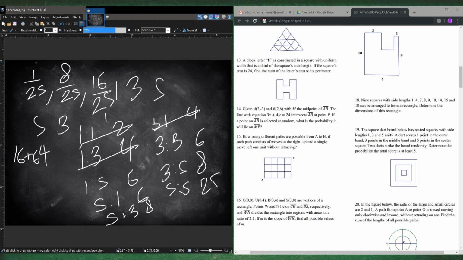3 and 5, which is 8 times 1, which is 8. 5 and 1, so that's another 16. 5 and 3, which is another 8. And 5 and 5, which is just 1. So adding that together, that is 32, that's 40, so that's 104, so that's 105, so that's 123 out of